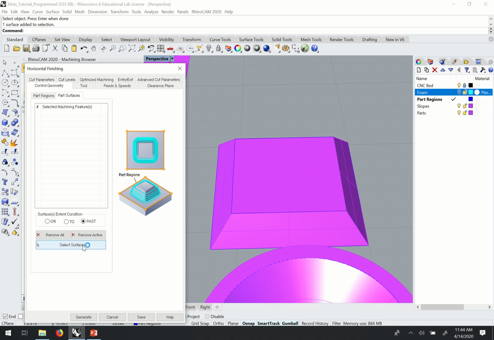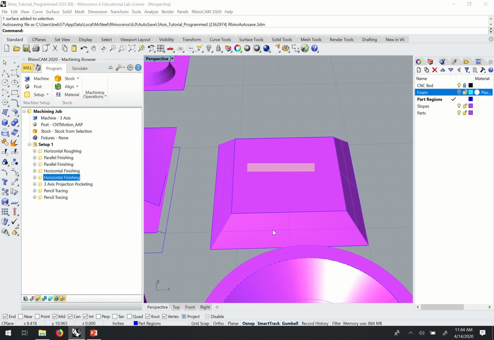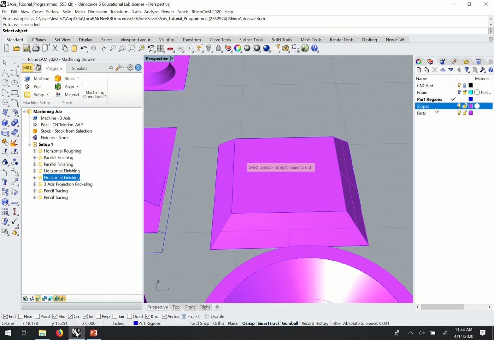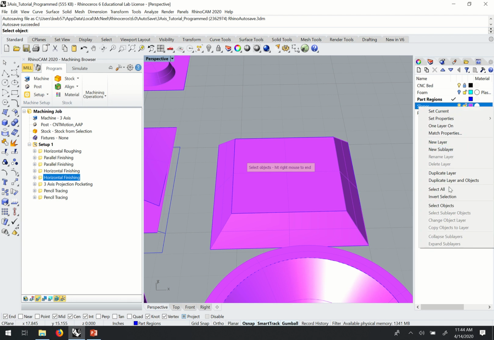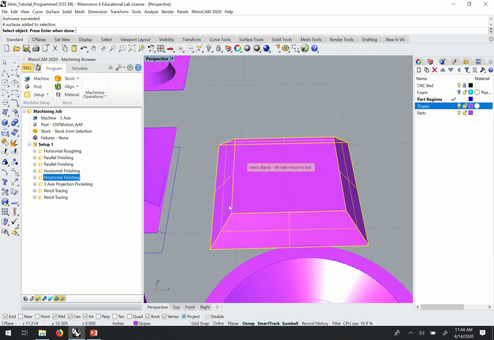And so if I go to select surfaces, I could go around and individually select each surface. I also set each of those mitered surfaces on their own layer so that I can actually right click and go to select objects, and that will give me all those surfaces. And now if I hit enter,